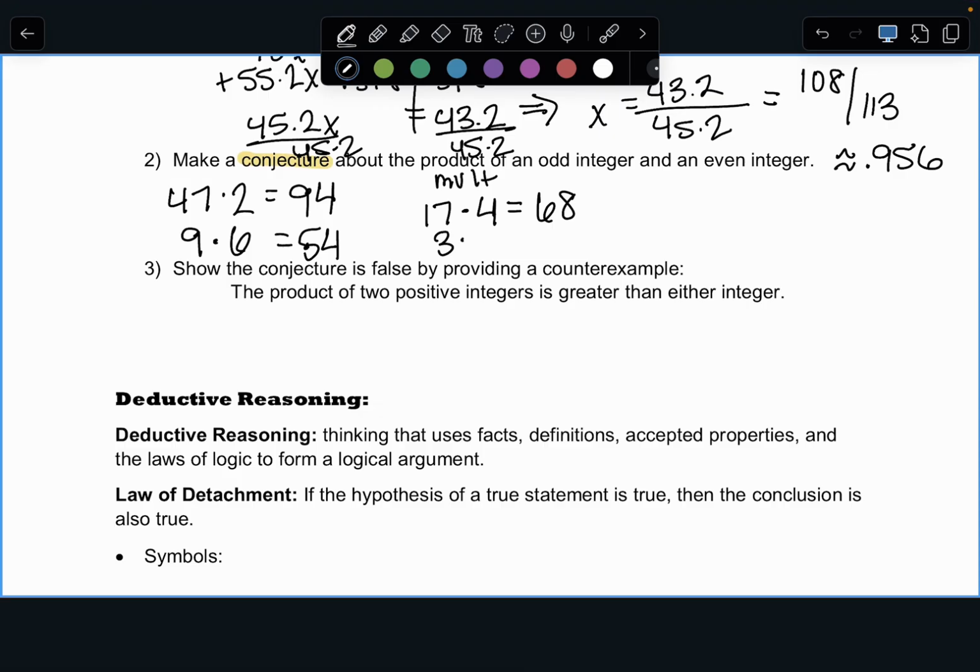8. What, Reagan? 4. I like the small numbers. 3 times 4 is? 12. Okay. Now what I'm doing is making a conjecture, a statement about these 4 numbers. They're all even. So my conjecture is the product